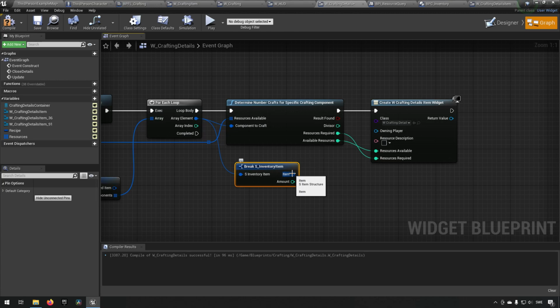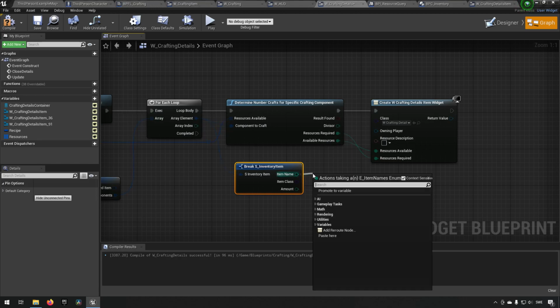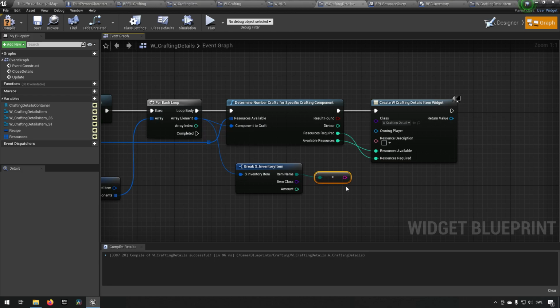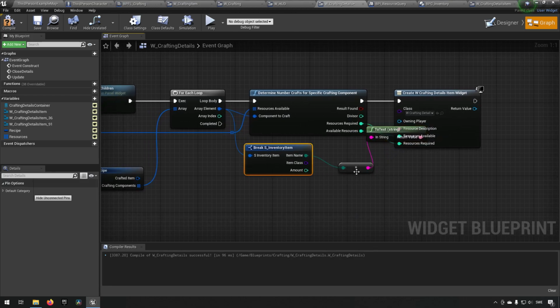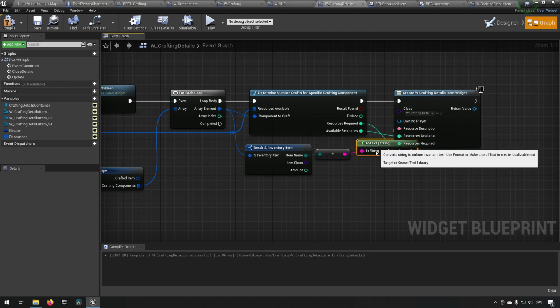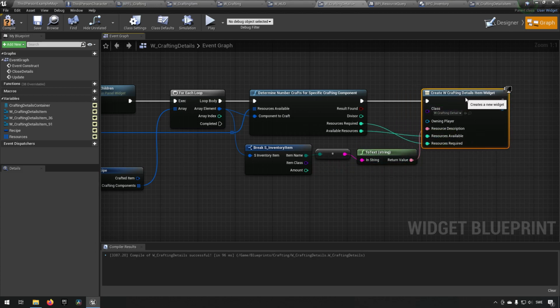And then if we take and split the struct on the item name, we get the actual enumerator. And we'll go and type into a string for that one. Take the first result, and then we drag it in there so it gets converted to the text. Like so. Okay, so this should essentially be creating one of these